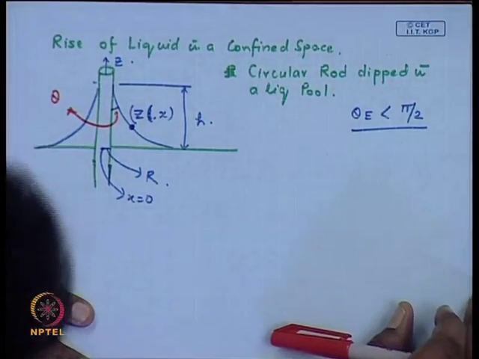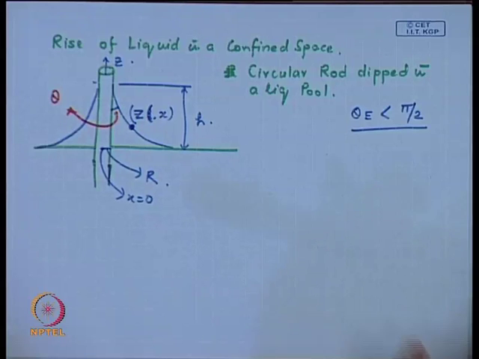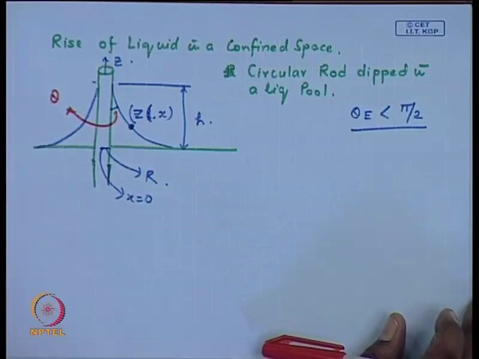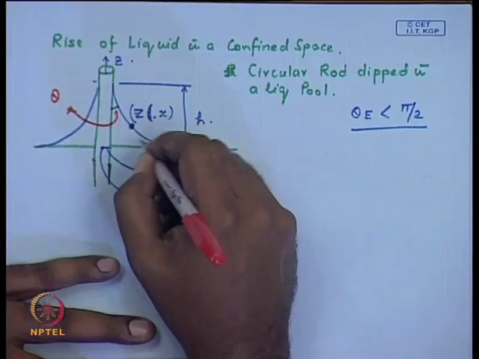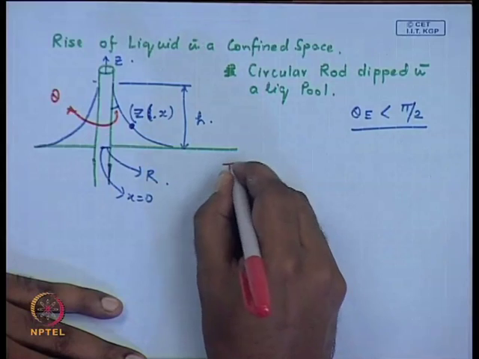The question to ask is: we can either find out h, which is the height up to which the meniscus will rise, or if h is known, we will be interested to find out the shape of the meniscus. Essentially we would like to find out z as a function of x. The boundary condition here